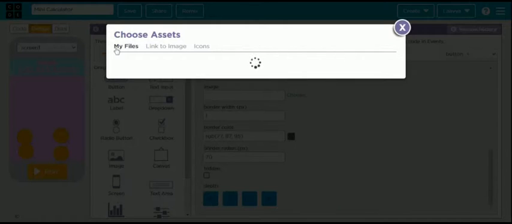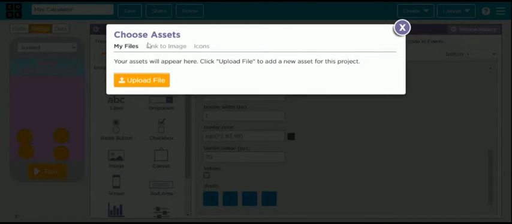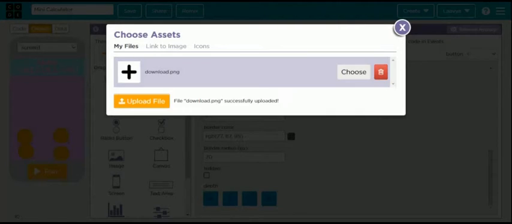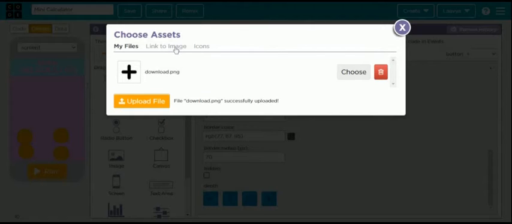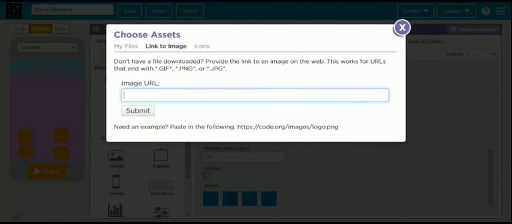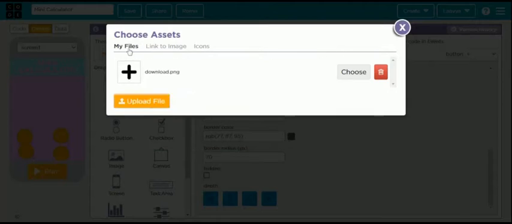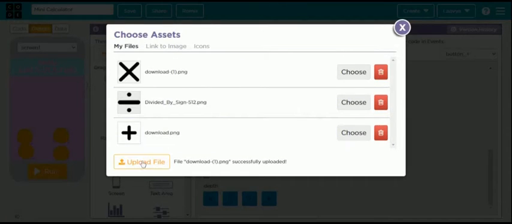And if you want to upload from Google, you can first download the image and then you can press my files and upload file. Also, if you want to give a link, you can go link to image and you can paste the link over here or the URL.